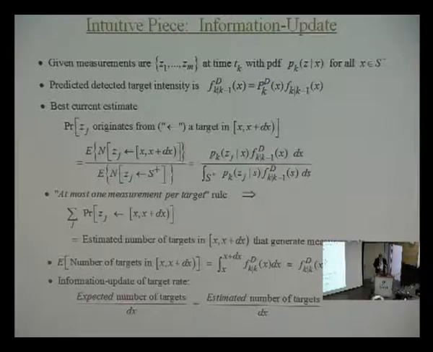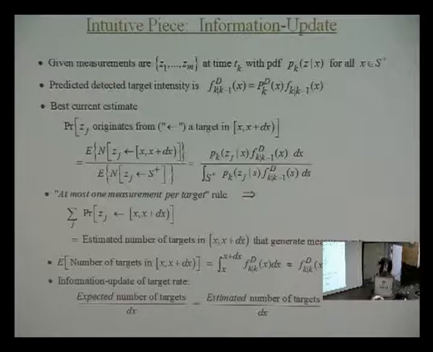That's fine. So that's my best current estimate of the probability of a target in x generating a measurement. But now I invoke the at most one measurement per target rule. So if under that model I want to know the total number of targets that could have generated that measurement, then I add these probabilities. Notice I didn't say that two targets couldn't have generated the same measurement, but if they do generate it, they're different targets. There is at most one measurement per target rule. I still keep it, and I sum. So I wind up summing